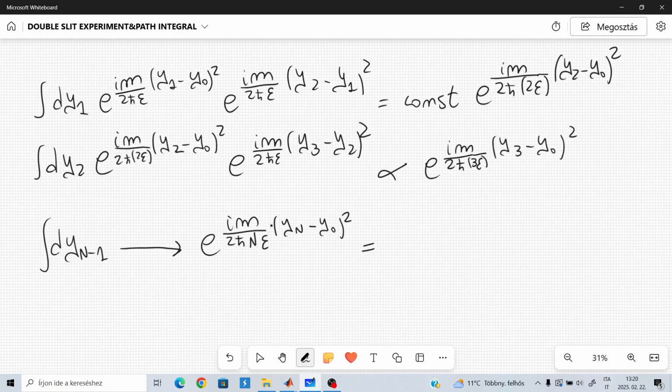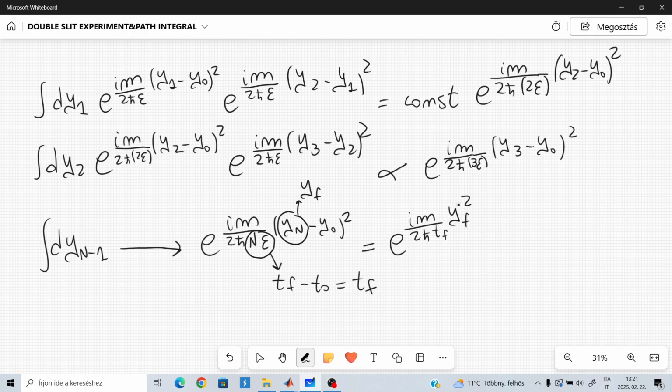And when you take the limit, of course, as I said earlier, yn is equal to yf. And n times epsilon, what is that? That is simply the difference in time, Tf minus T0, but T0 is equal to 0, so that's just Tf. That's the overall time that it takes for the particle to travel from the plate to the wall. And therefore, this can also be written as e to the I m divided by 2 h bar Tf yf